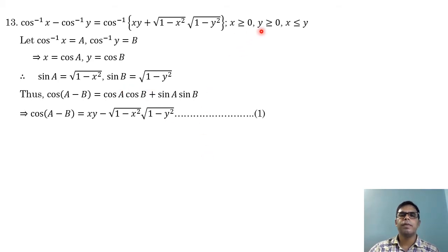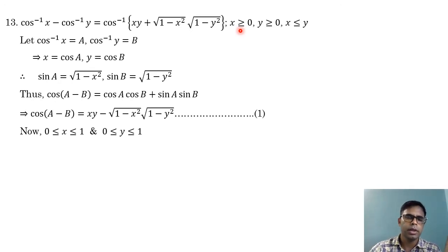And now we verify these properties, x less than y and x greater than 0, y greater than 0. So very simple. Now x greater than 0 means what? The highest value of x is 1, because the range of the cos function is from minus 1 up to 1. But here I am taking x greater than 0, so obviously it is from 0 to 1. The highest value of x is 1, so that is why I am writing here 0 to 1. Similarly, y is also greater than or equal to 0, meaning it is also from 0 up to 1. Because you already know that for the cos function,